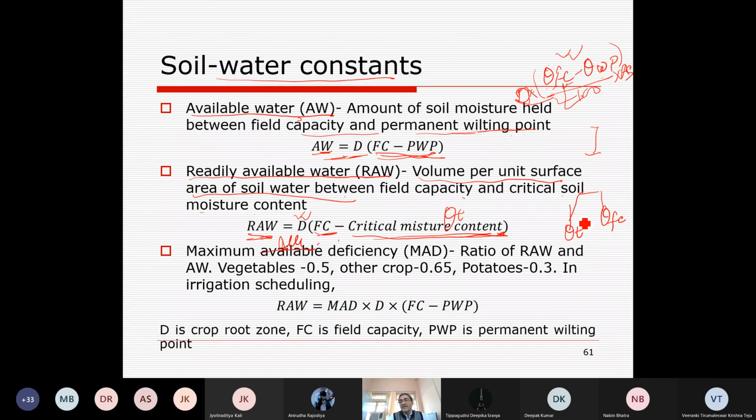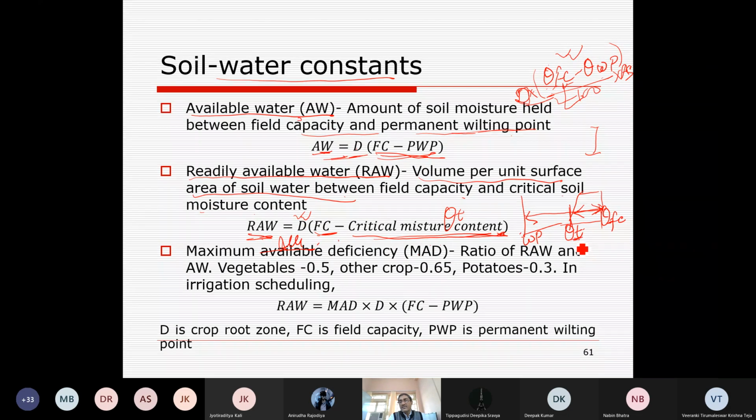So this water content is basically the management allowable deficit from field capacity to wilting point. This is the total available water, or the available water from field capacity to wilting point. This is the readily available water between field capacity and